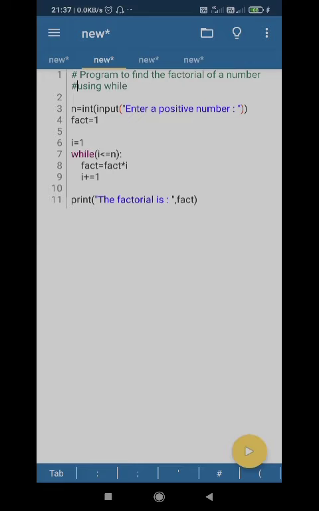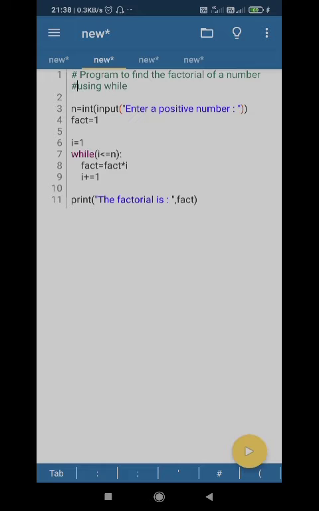So we know that to find the factorial, first of all we need an input up to which you want to find the factorial. If it is 100, if it is 5, or 25, or whatever number it is, you just give that number. Now what happens? The result is actually a positive number. So to store the result I have created a variable fact, initially fact is 1, because this 1 needs to be multiplied with whichever value that we have there.